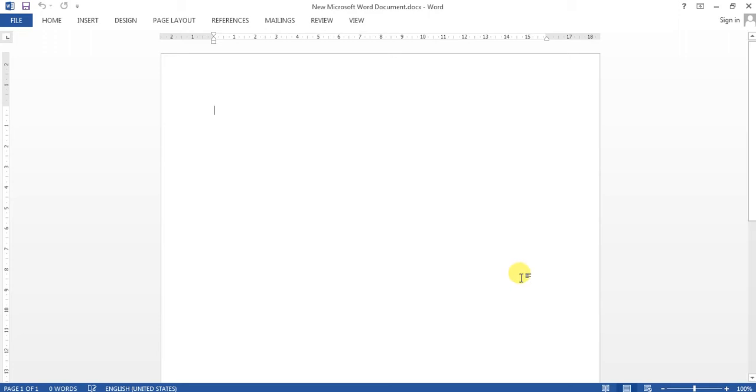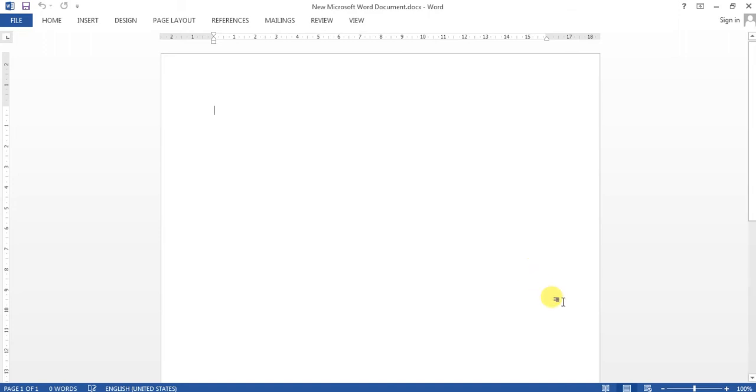For inserting a word art in your document, the word art feature of Word lets you insert text in various shapes. The word art gallery includes various designs that can be used to create attractive text. Your document will look attractive, and for that word art will help. So let's see the steps.